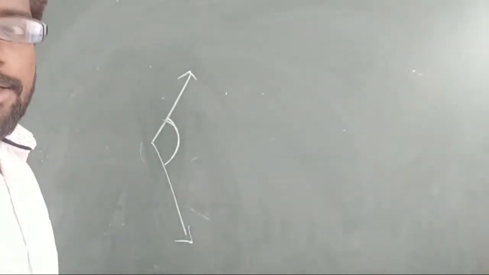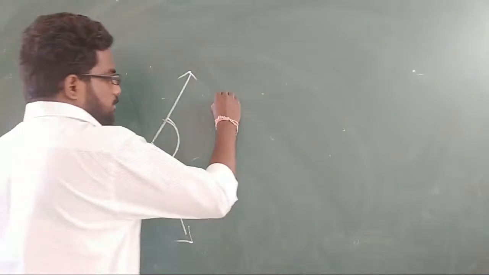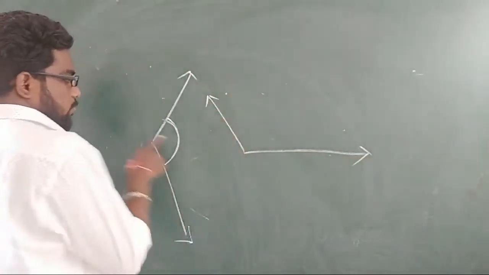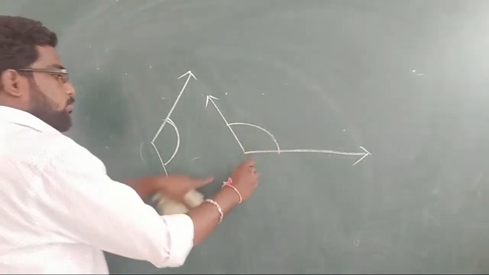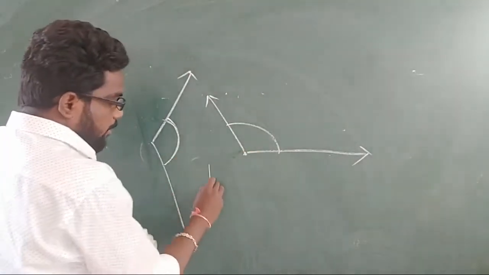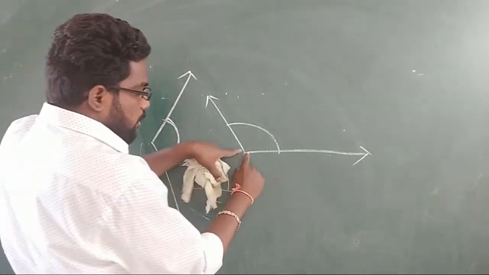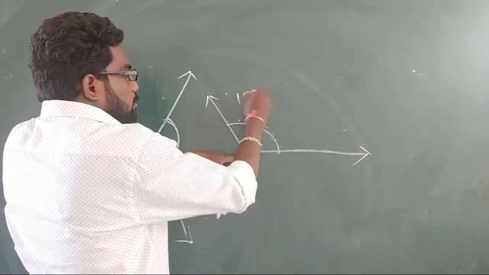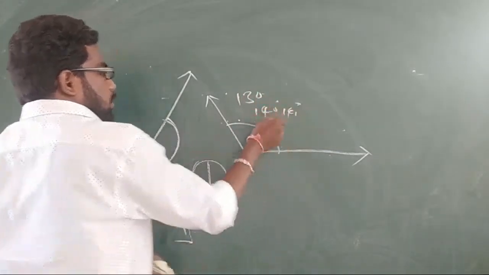What is not clear? Okay, you can draw this angle like this also. Then it will come like this. Just rotate it. So here you have to keep the protractor at this point, the midpoint of the protractor. It has a midpoint. You have to keep the midpoint here, and measure from here. You will get 130 or 140 or 141. This is an obtuse angle.